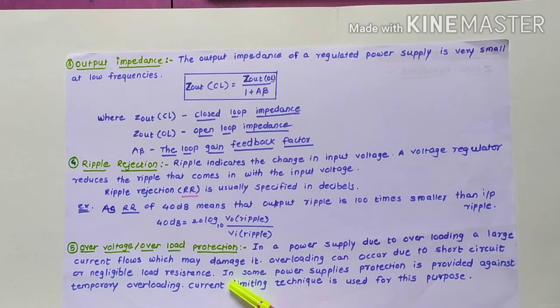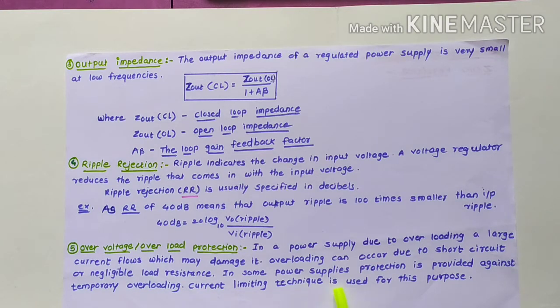While switching on big electrical equipment, this problem occurs at home, or while operating some big electrical equipment, we can see such changes. This is also related to over voltage or overload. So for that purpose, voltage stabilizers are used with the electrical equipment at home or in some offices. Here, in some power supplies, protection is provided against temporary overloading.